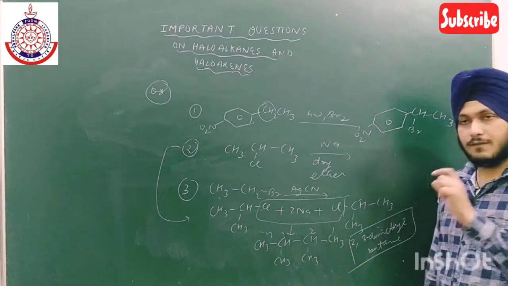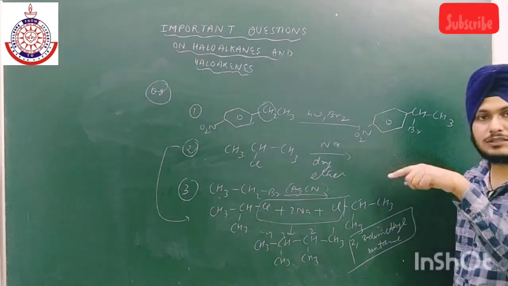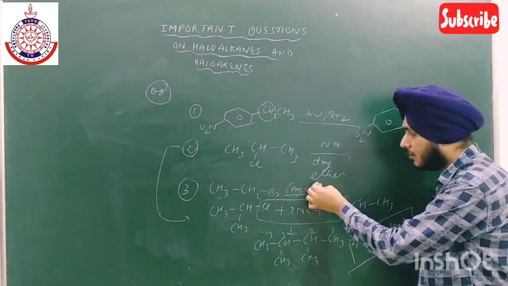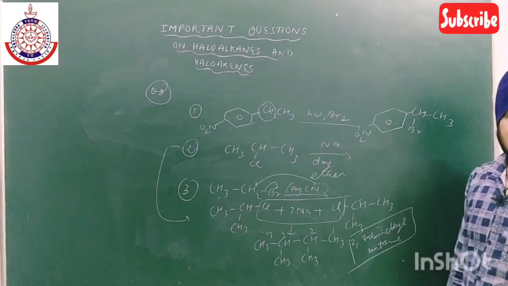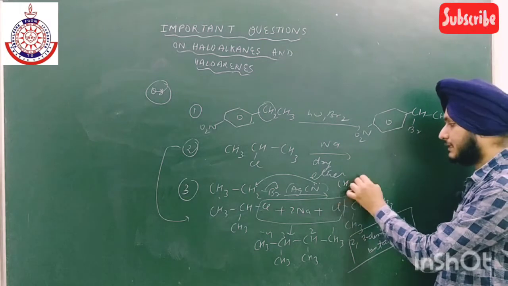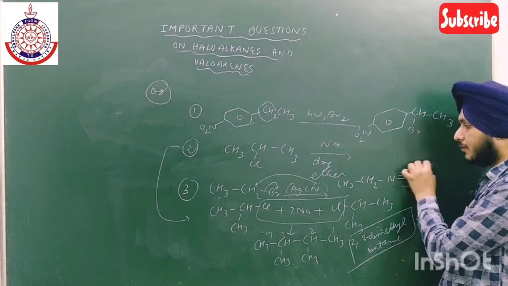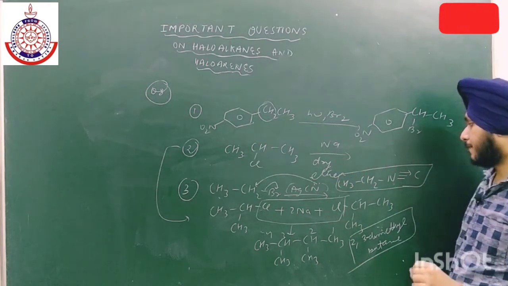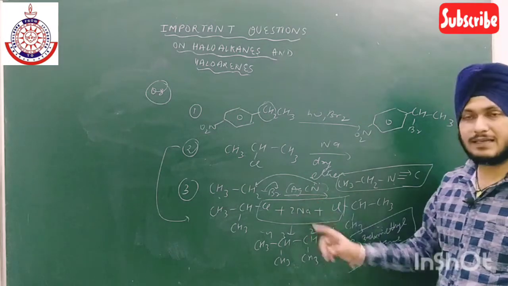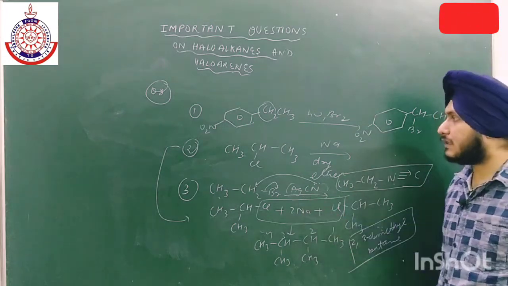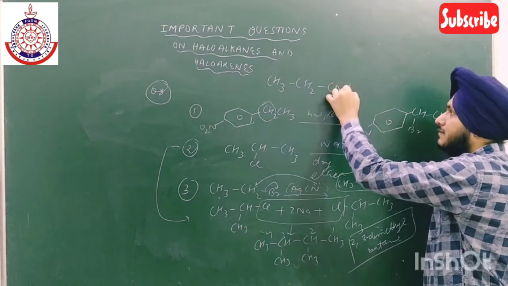Now which will act as the nucleophile? Because it is a covalent compound, it will not break into Ag positive and CN negative. So the lone pair will attack over there, and the Br will leave, and we will get the isocyanide product, CH3CH2 and a coordinate bond. This is the main product, isocyanide. And if we have KCN over there, then the product will be cyanide.